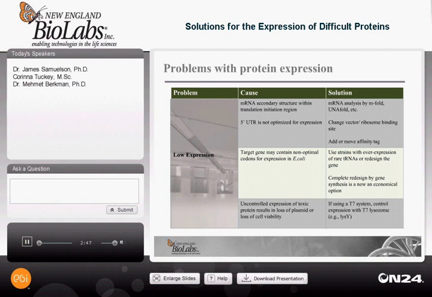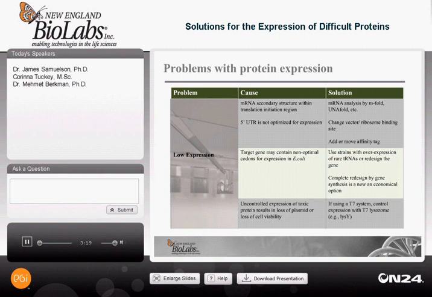However, expression problems are most often due to open reading frames with non-optimal codons for E. coli. As a solution, various expression strains are available that offer higher levels of so-called rare tRNAs, but the best solution today may be to completely redesign the gene. And this is now very economical, as many companies offer this service. A gene can be ordered, it is optimized for E. coli expression, and it can be at your lab within 3 weeks.